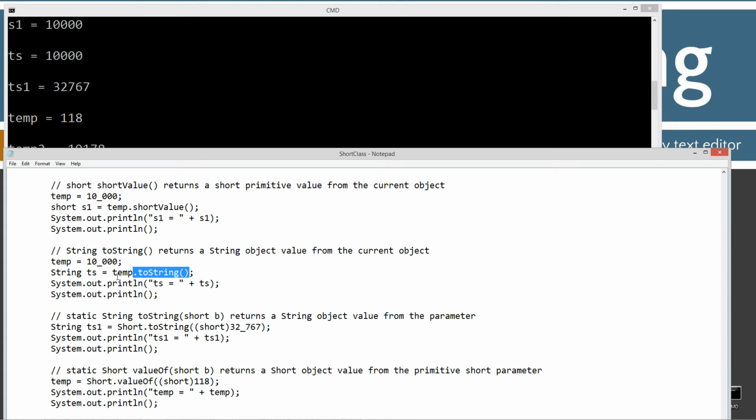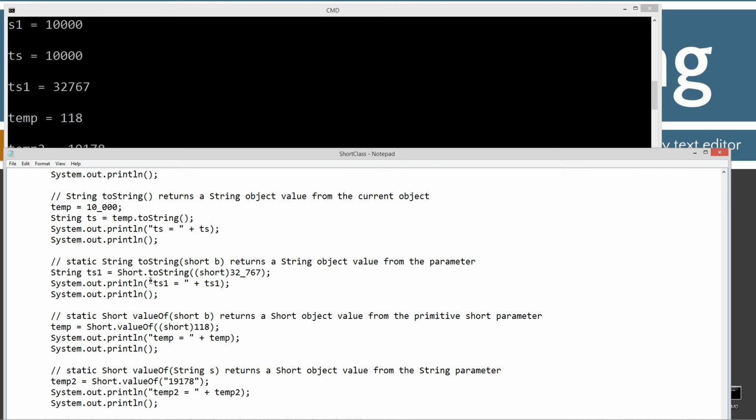The .toString is basically the return back when you do the temp on that. Maybe not necessarily, but anyway, the ToString method will return the string back of the current value of the current object there. Okay, so displaying that, ts equals 10,000. Let's go ahead and come down here, and ToString has an overloaded method here, right, which is static, and you can pass it a short data type and it'll return back a string object. So string ts1 equals short.toString, casting this as a short 32,767 and displaying that to the console,